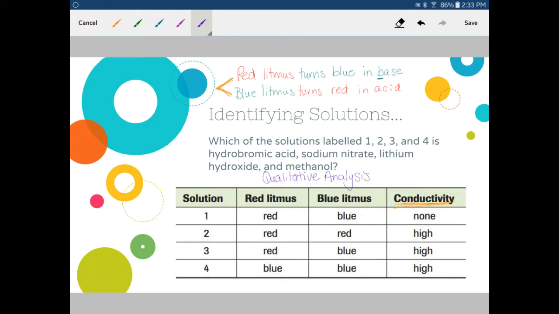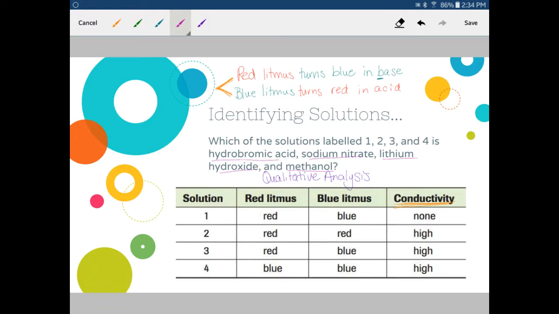The reason that it's called qualitative analysis is we're looking at specific qualities of our entities given to determine what they are. So what I have listed is hydrobromic acid, sodium nitrate, lithium hydroxide, and methanol. When I take a look at these, there's a few things that I'm looking for. I want to be able to identify a neutral solution, an acidic solution, a basic solution, as well as my non-electrolyte or